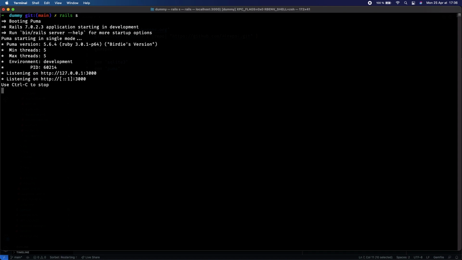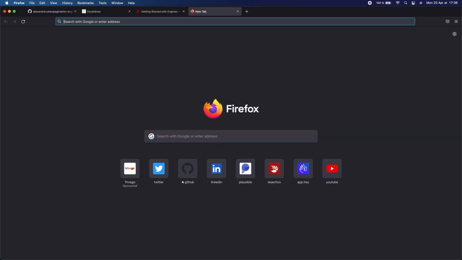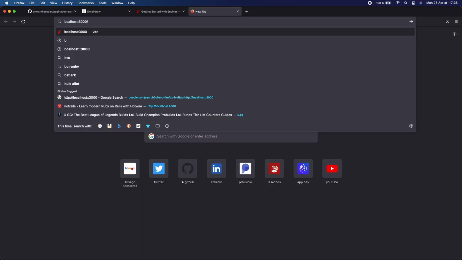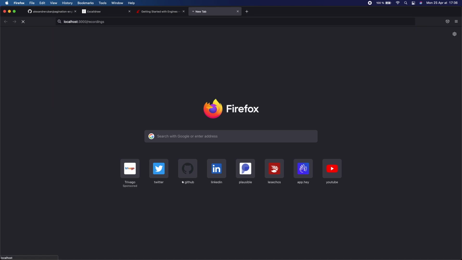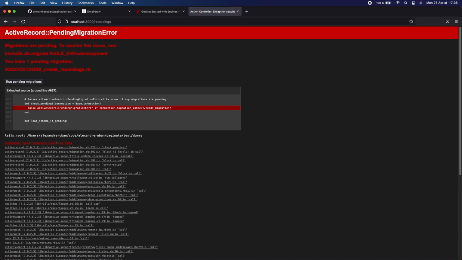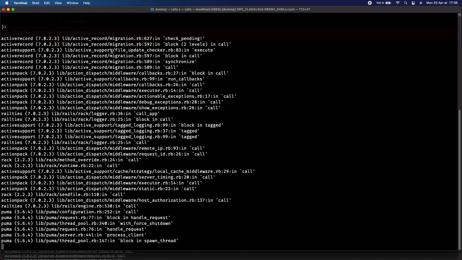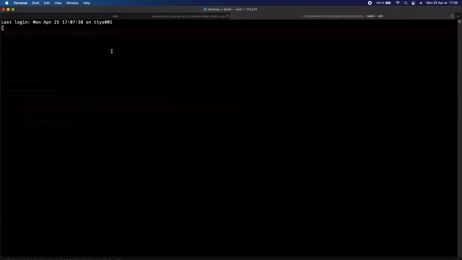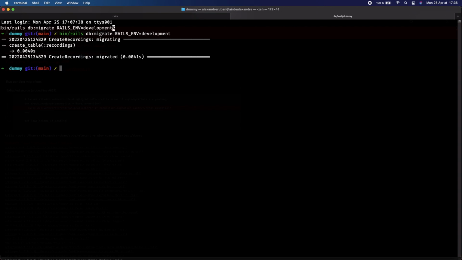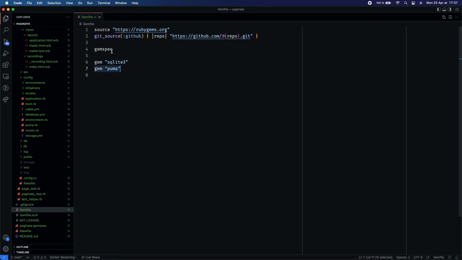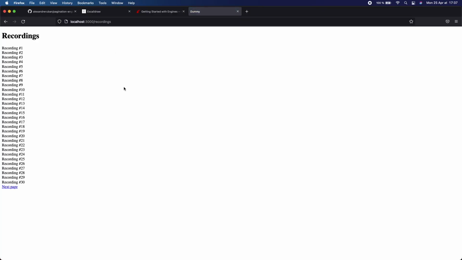This time the Rails server boots and we can navigate to localhost recordings, and we will have a message saying that migrations are pending. So we're going to open a new console tab and run the migrations. We are also going to run the seeds, and we can now go back to our browser window,